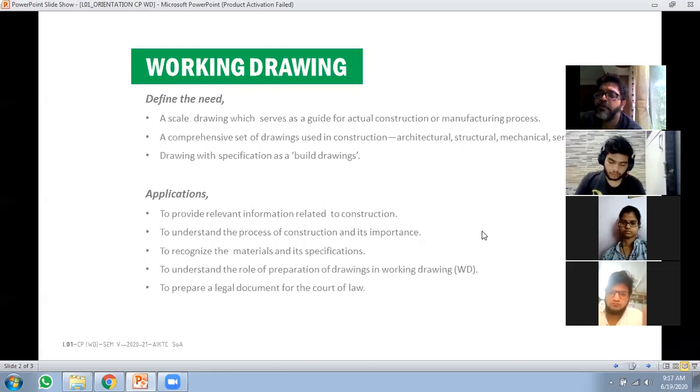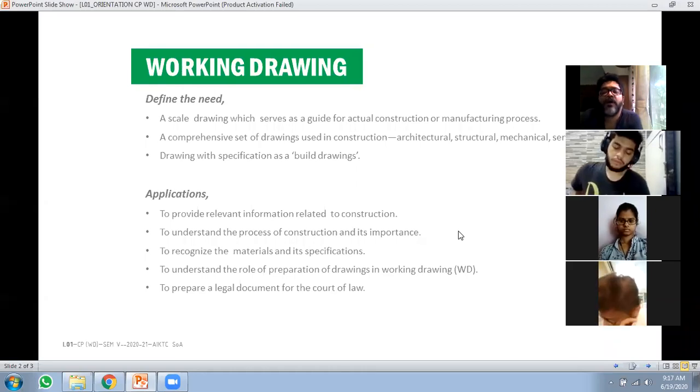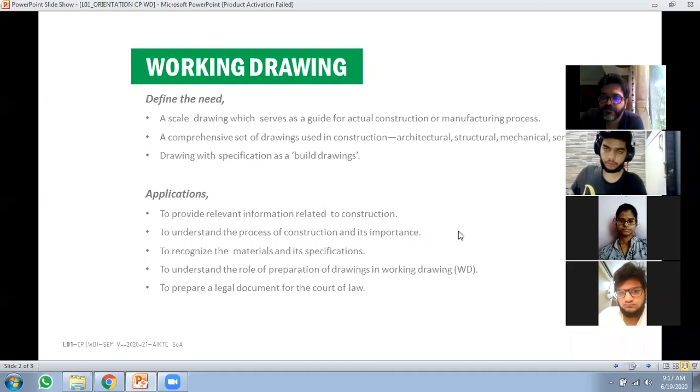Okay, so if some dispute happens during the construction, and you know that you are right on your part, and somebody is cheating on you related to the construction, somebody is copying your work, you can fight in the court of law based on these working drawing sheets which you are preparing, because all these drawings are issued on the site for the construction. So this gives you a control in terms of a copyright of your own work. Okay, so that way it becomes a very important thing.